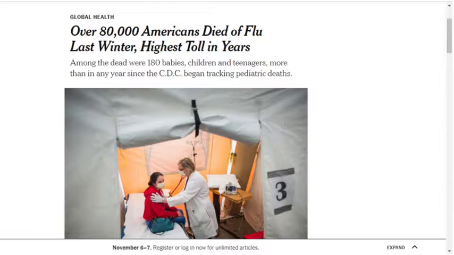The first disease that we will be looking at is influenza. Last winter, over 80,000 Americans died from the flu. This is the largest amount in over a decade. 90% of mortalities were of people above 65 years old, but 180 victims were children and teenagers. The high death toll was unusual because it was due to a normal flu season, not a new pandemic strain